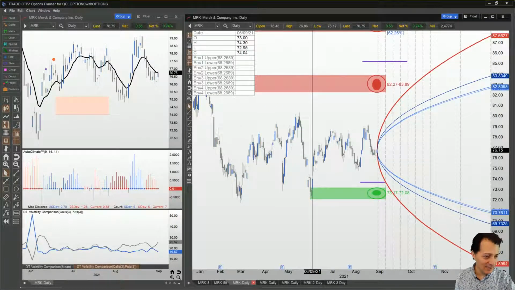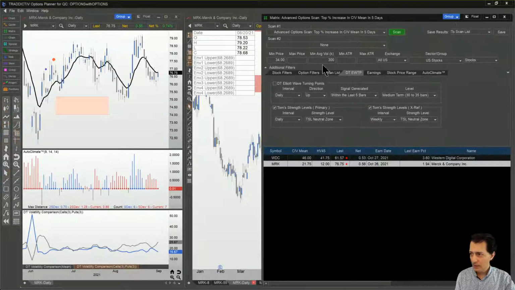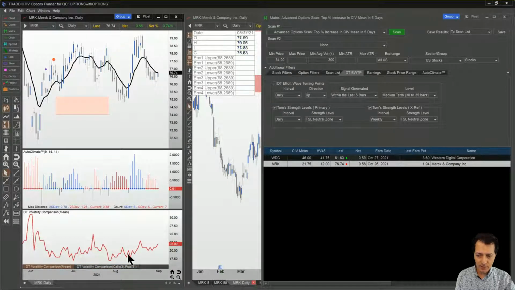Siderman, Merck implied volatility is only 20.38 NTS. Yes, but again, it's only that amount. So if we look at the matrix, it's one of the stocks that increased the most in the last 5 days. So if you look at the implied volatility, it's 22%. But as you can see, it's been increasing in the last 5 days. Okay, it's one of the ones that increased the most. So it's not the best in the world, but it cannot be the best in the world because the VIX is going down, right? So that's the best we can find today, even though I didn't look at the other possibilities, which was